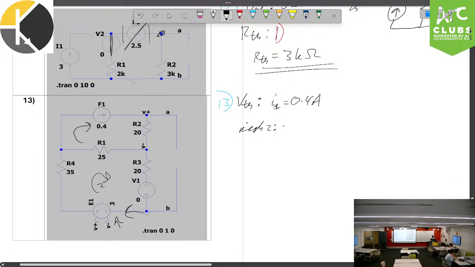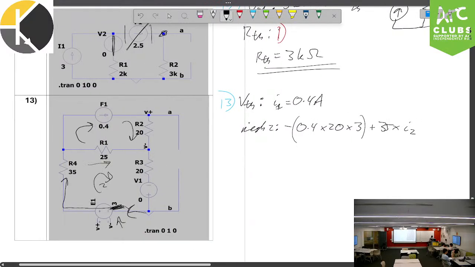So let's run it in from ground. We go from the negative side, minus V plus, minus V minus. Let's think of this. What is this going to be? It is just 0.4 amps times 20 ohms. Okay? So minus 0.4 times 20 times by the gain 3. This is where 3 comes from. Okay? So this right here is the voltage over that source. We continue. We go through this resistor, plus 35 times I2. We go through this 25 ohm resistor,